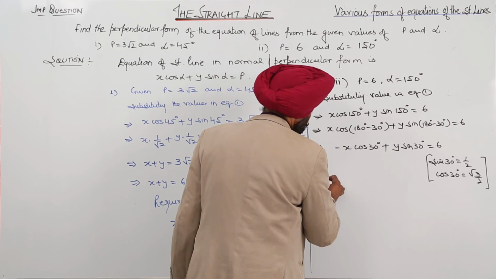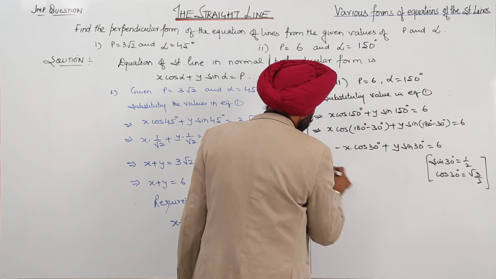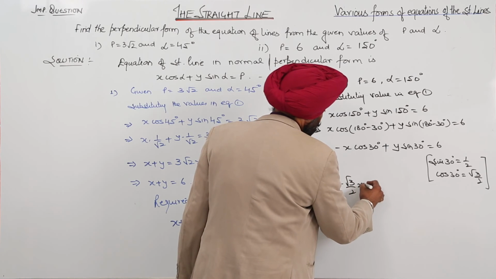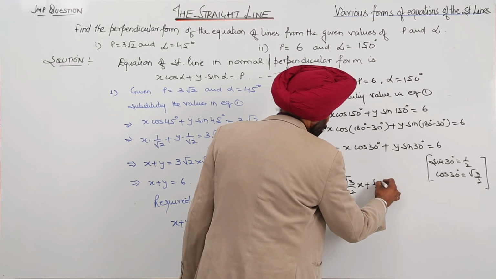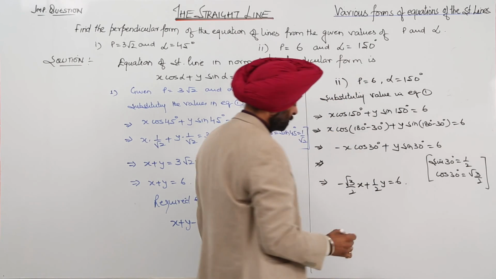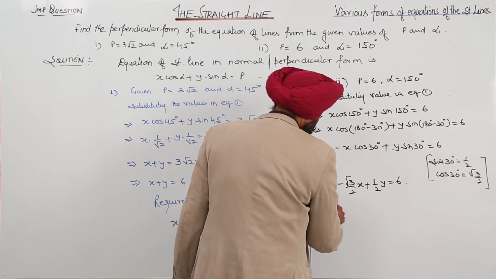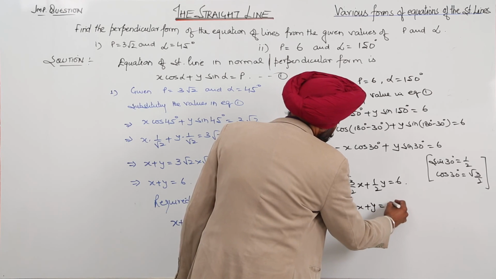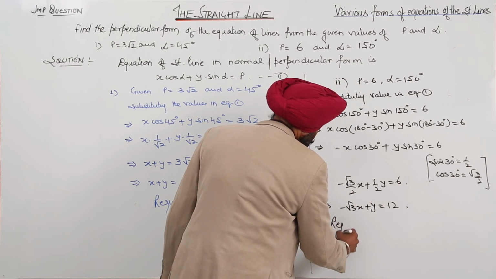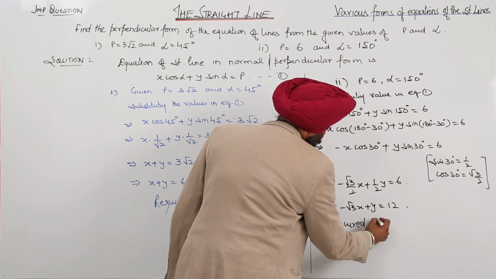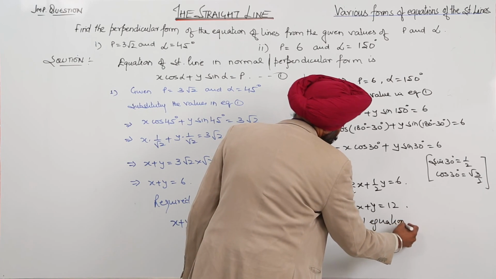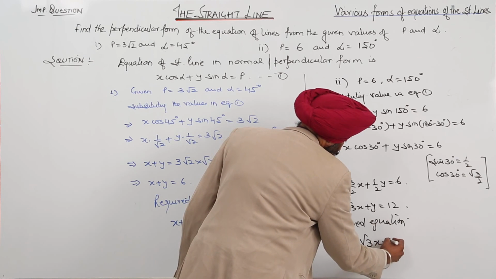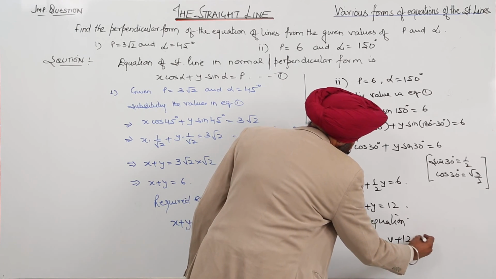So now equation becomes negative of root 3 by 2 x plus 1 by 2 y is equal to 6. Negative of root 3x plus y is equal to 12. Required equation, root 3x minus y plus 12 is equal to